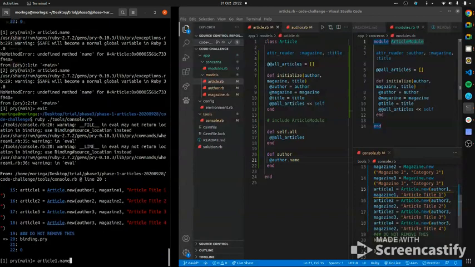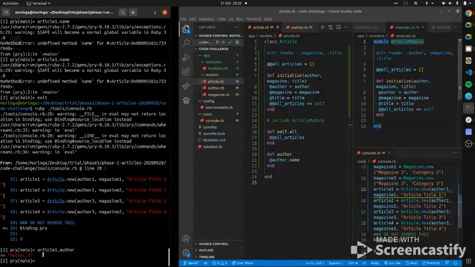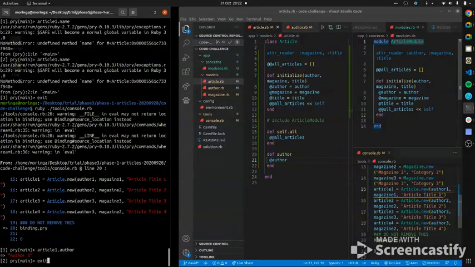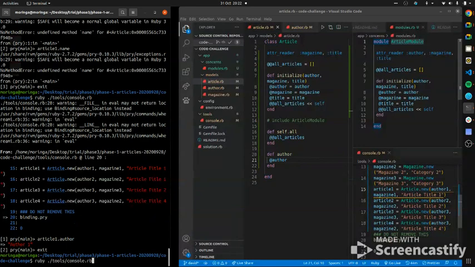Let's look at article 1.name. Actually author. So you want author. Author is the method we want to run. Author and the method. Yes. Yeah. So let's run it. Yeah, it's responding with author 1, because of this author. Even without the name. It's bringing the whole instance. So yeah, if you want to go in